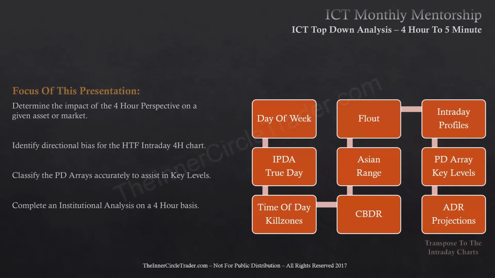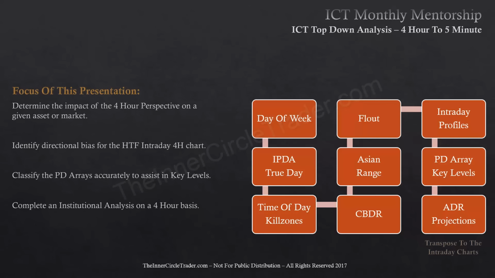Now, here's where we have to decide what we're going to be doing. Are we going to drop down from a 4-hour to a 60-minute chart? Or are we going to drop down to a 30-minute chart, a 15-minute chart, a 5-minute chart, even a 1-minute chart? I didn't include it because I don't like 1-minute charts, but you need to decide where you're going to go from 4-hour. So I don't want to push you into a mold and say it has to be this way, because there's obviously many different ways to look at time. 60 minutes is a decent time frame to drop down to, but it's still going to have to be refined a little bit more. I like to go down from a 4-hour down to a 30-minute or 15 personally,